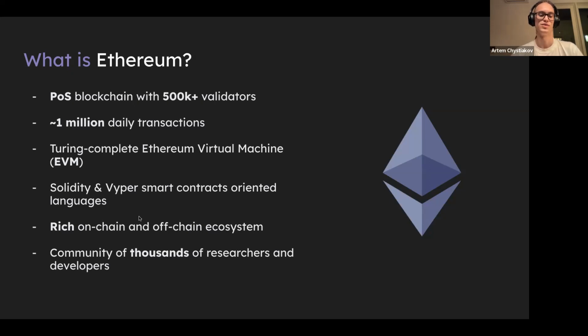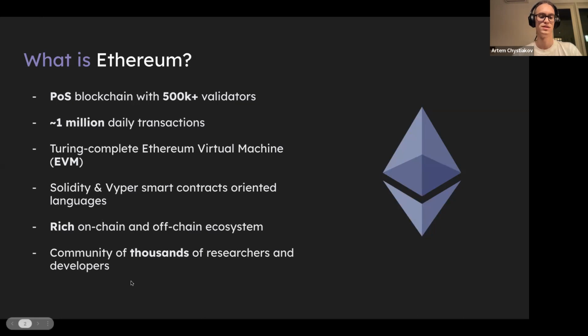And because of the rich on-chain ecosystem, Ethereum also possesses amazing off-chain solutions. For example, there are providers of Ethereum nodes that you can buy and use in your applications. There are third-party tools, for example, The Graph. It is a decentralized tool that enables indexing of the blockchain to be used also in your applications, and so on.